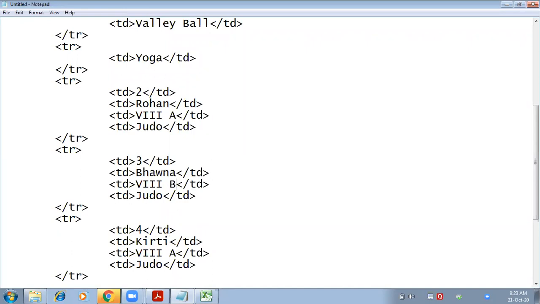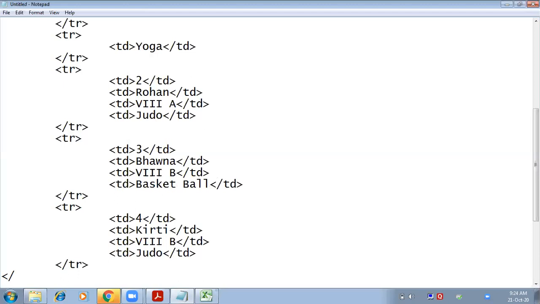Eighth B. Okay, so the table is complete now.